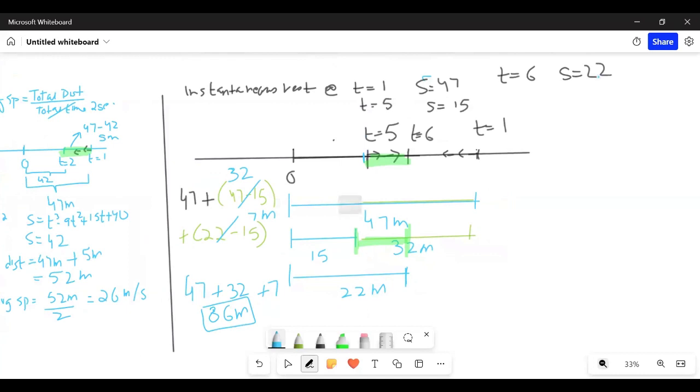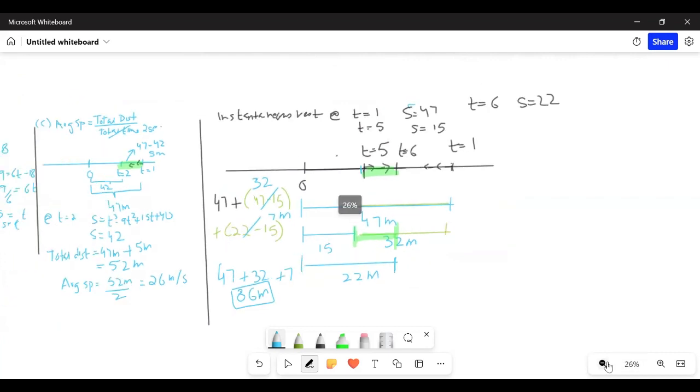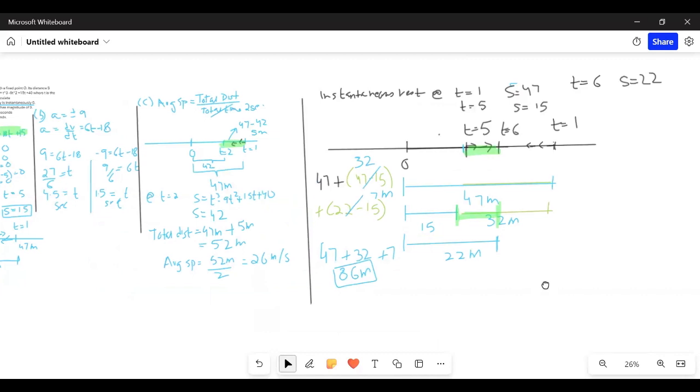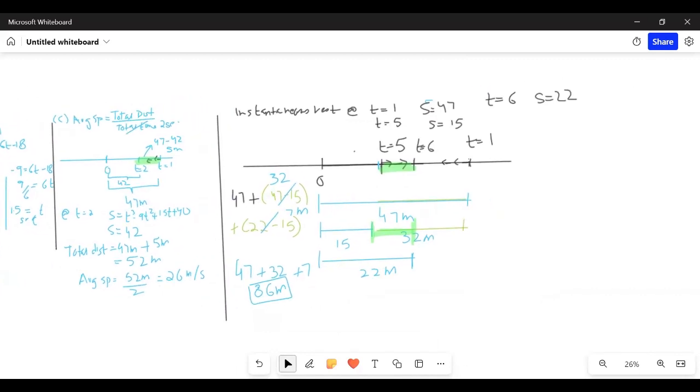So the particle has covered a distance of 86 meters in the first 6 seconds. If there are any questions, please ask. Okay. Then we move on to the next example,